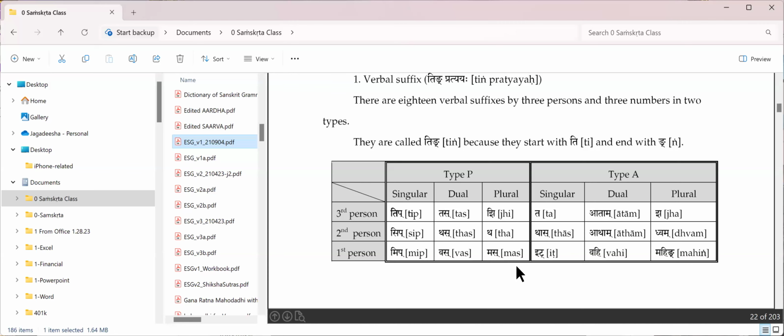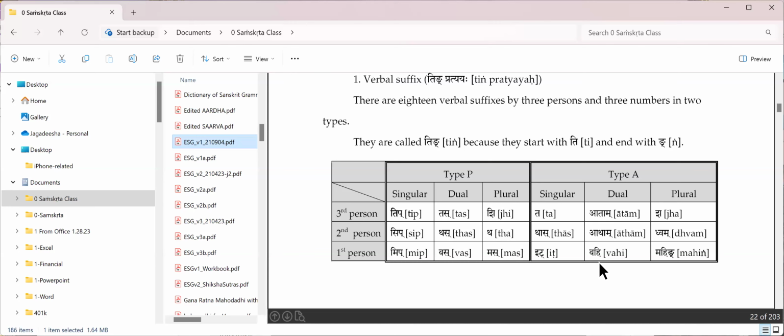Mahodaya, I think the question is, in tip, the pa is the ith letter, but in G, there is no ith letter. That's what he's asking. Correct. It's not only that, because anti has nothing common with G, even the jakara. So a lot of things are different. It's not only the ith letter. Some of them have the ith letter, some of them don't. There are specific reasons. You will understand the reasons when all the steps of derivation are given.